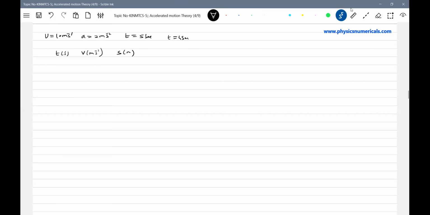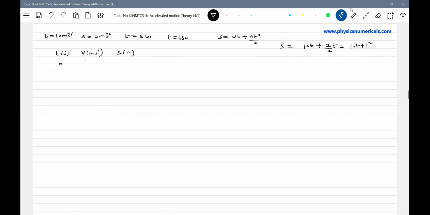So what is the formula we are going to use? S equal to ut plus at square by 2. I'm just trying to explain what you mean by distance covered in nth second. So the formula will end up S equal to, the value of u is 10, 10t plus a is 2 by 2 t square. So 10t plus t square. Agreed? The acceleration is 2, no? 2 divided by 2 will be 1. So t square.